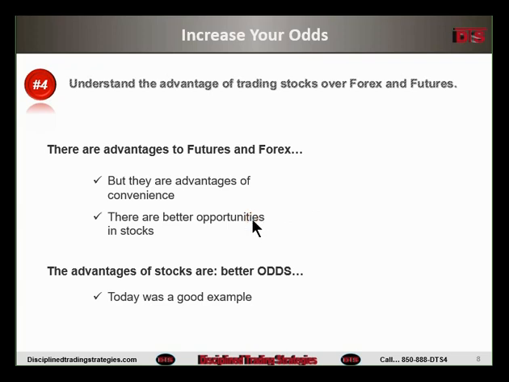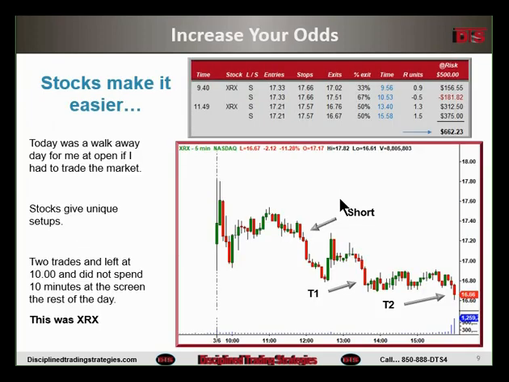So we open, and there were 2 gaps that I ended up saying, hey, and this is exactly what I said to the room, and Brian, tell me if I'm lying. I said, hey, I almost want to just leave it open today, but there's a couple of gaps here that are okay. I'm going to take a shot at one. I was at my goal for the week, so I didn't want to lose anything on a day where I don't know what I'm doing. So I said, I'm going to take a shot at one, and I'll be done. But if that first one works, I'll maybe consider the other one, right? And I believe that's exactly what I did.